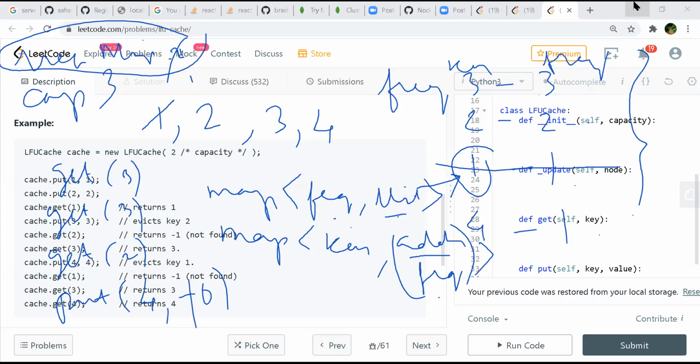But I was also thinking about the min heap. The problem with a min heap is that you cannot access any of the nodes in O of 1, and that is a problem. Otherwise min heap is a very good one. I think Bhavish was saying something like an indexed binary search or something. I don't know. Yeah, that data structure would be really helpful in some cases like that.